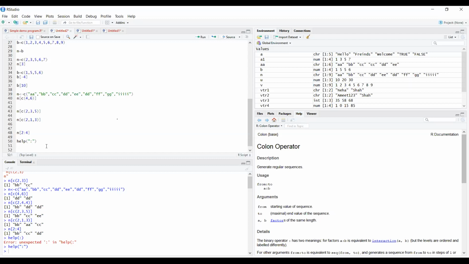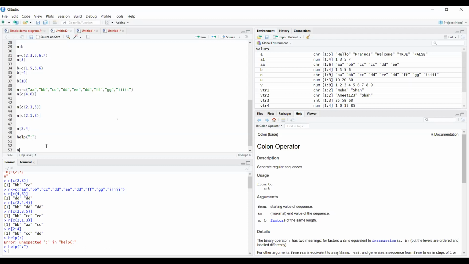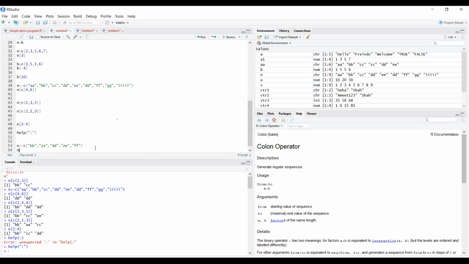So consider the following 5 elements. n equals c in brackets: bb, zz, dd, e, ff. So these are the 5 elements we are passing, and if I want to retrieve something, I pass n. So we will see something out there.